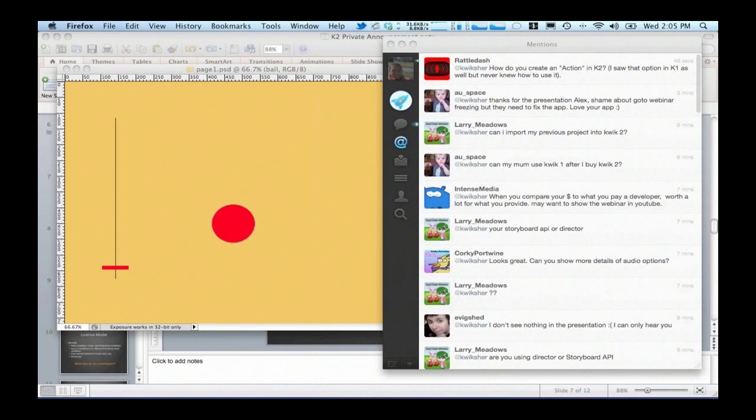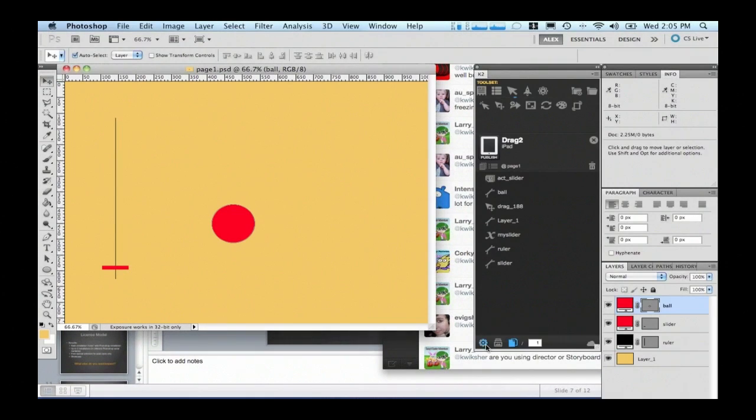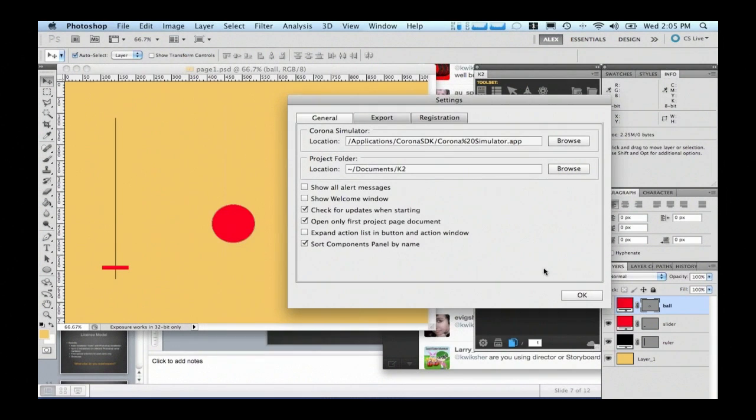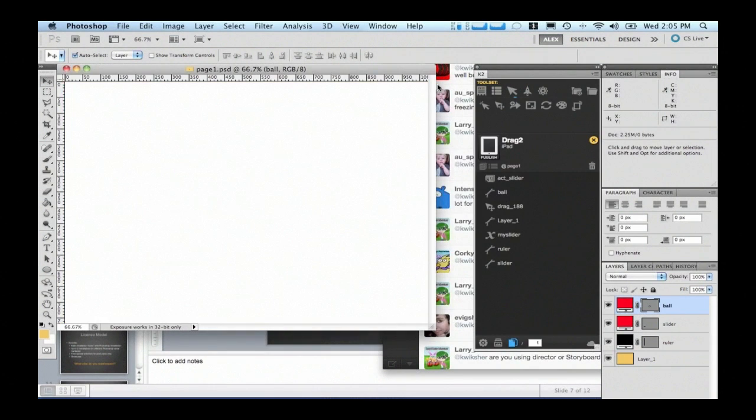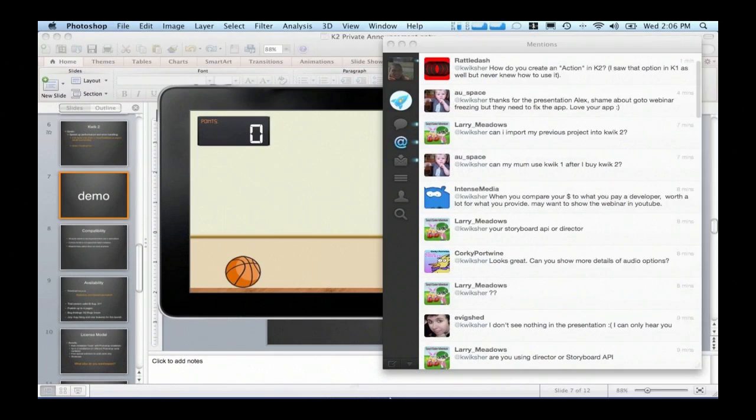K2 query. Let me see. For those who get the beta version of Kwik, will there be free upgrades once the bugs are ironed out? Yes. If you download the beta, every time I update the beta, you're going to receive information directly from the plugin. As I mentioned, let me show you it fast here. So just enable the check updates here. Okay. And I'm going to close Photoshop and open it again.